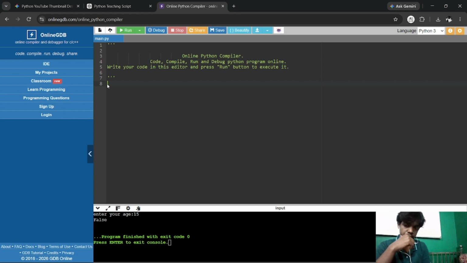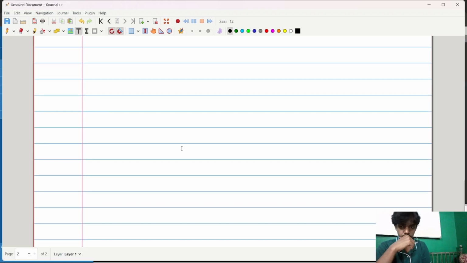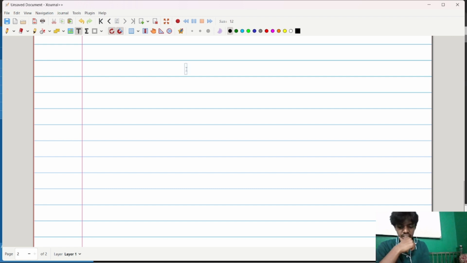So next we have assignment operators. These are the next type of operators which we are going to learn. Until now we have assigned values using the equal sign, but Python provides shortcut operators that make our code shorter and easier to read. So some assignment operators are, let's say,